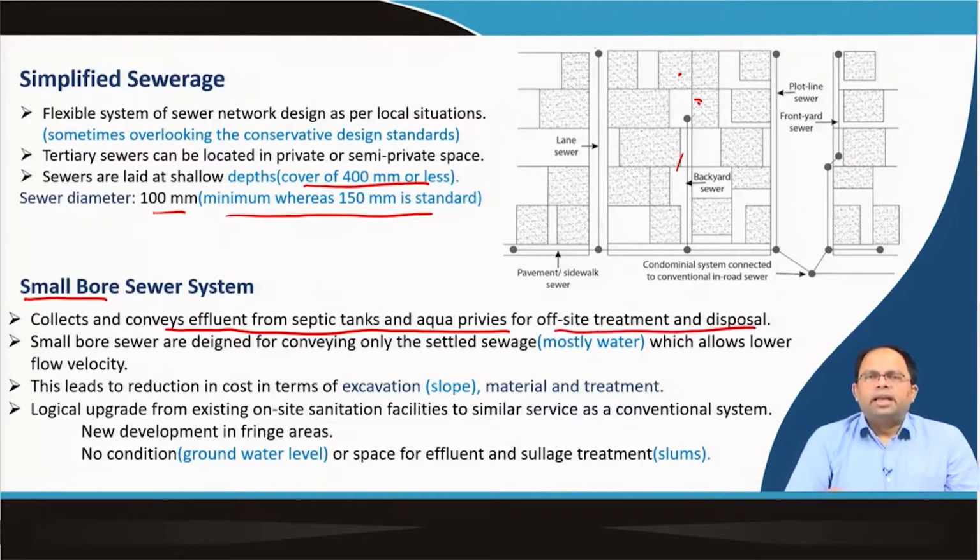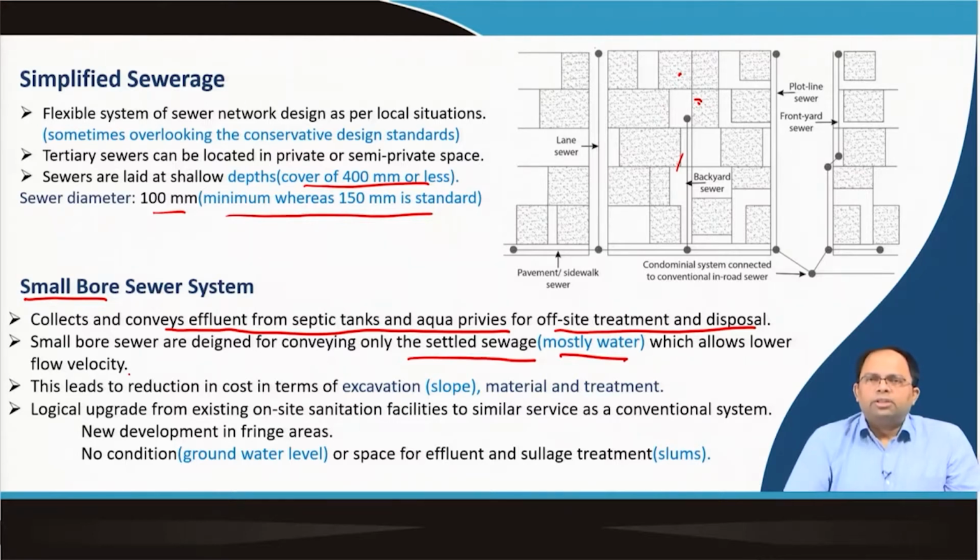Suppose in a slum there is a toilet which is constructed and then there is a septic tank, but we do not have space for dispersion trenches. That means we have to take this effluent far away for treatment. So probably that is where we will go for a small bore sewer system. These are designed for conveying only the settled sewage, mostly water, because settled sewage means it has been through a septic tank or aqua privy and so on,